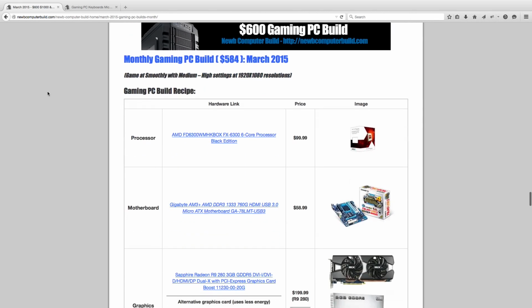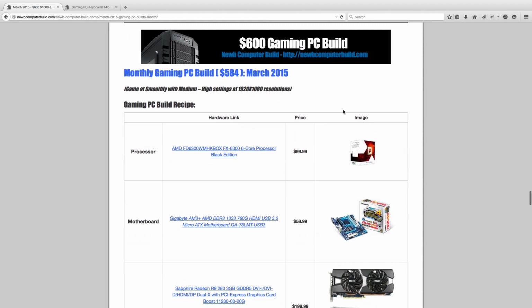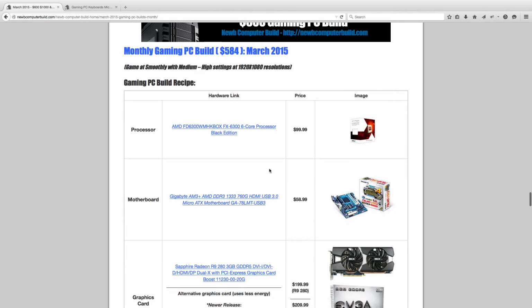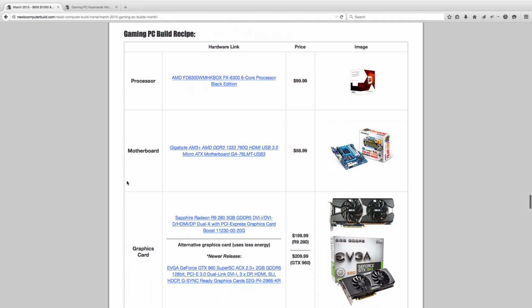Moving on to the $600 build, not much has changed. It hasn't changed too much in the last few months, but little things keep upgrading it as time goes on. So I think it just gets better and better by just a little bit at a time. Starting off with the processor, really cheap now, $99.99. The AMD FX 6300 6-core processor, easily overclockable, been in the $600 build for a long time, and a great purchase. Pairing that with this Micro ATX Gigabyte AM3+ GA-78LMT motherboard for $58.99,